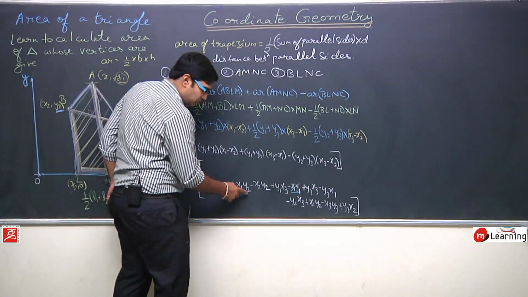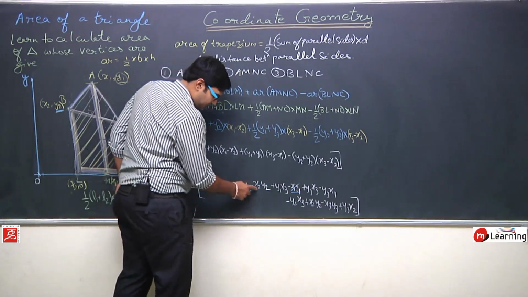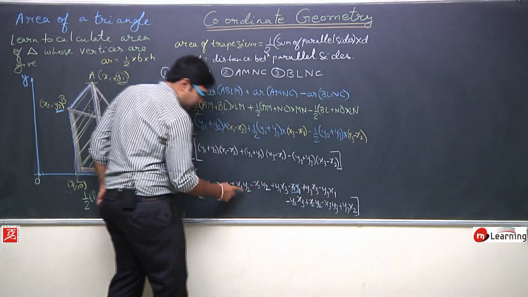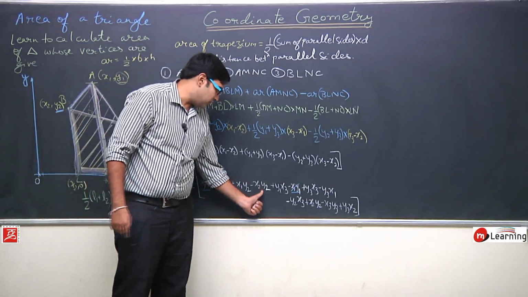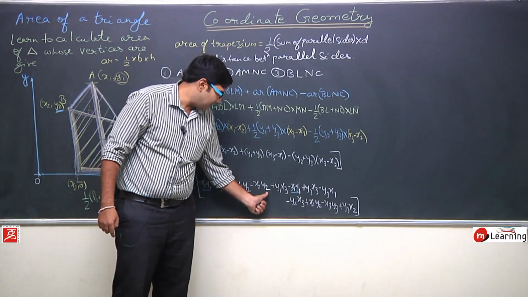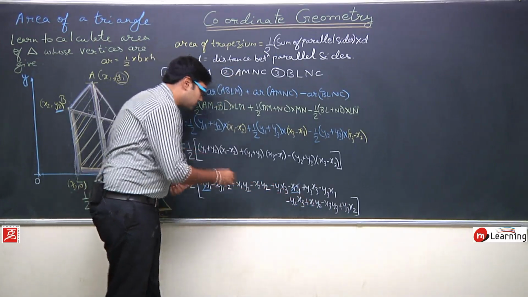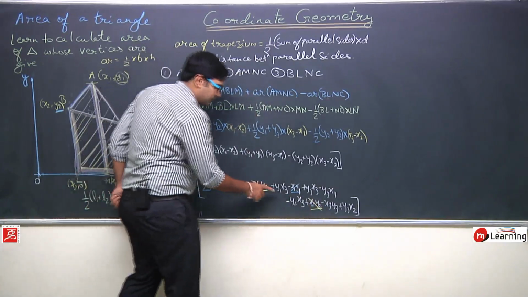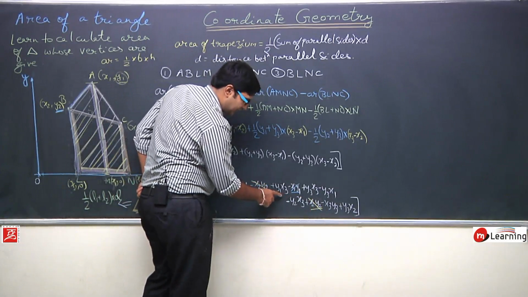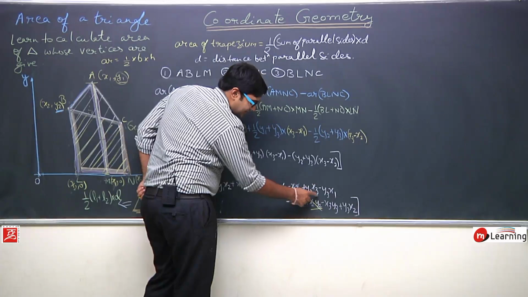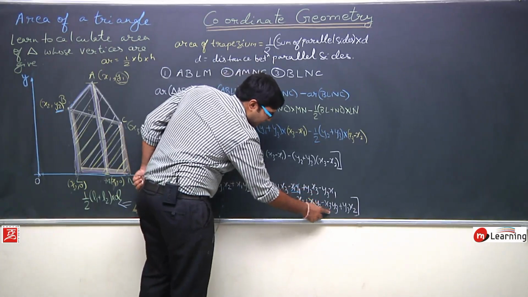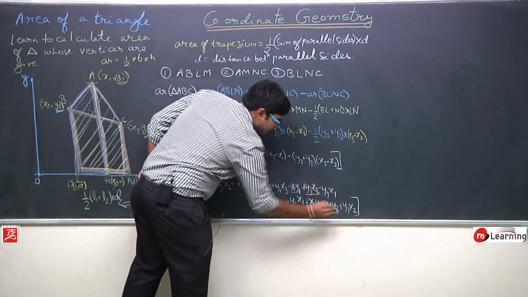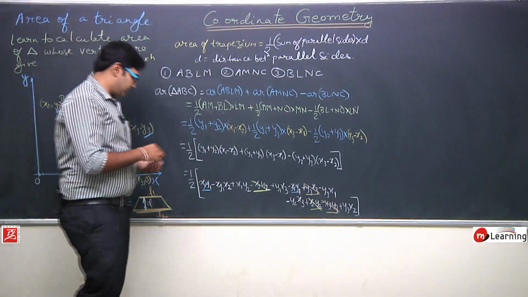Then x1 y2, do we have a negative x1 y2? This is not, this is not, then this one is x1 y2, no, we don't have any further x1 y2. Then x2 y2, so minus x2 y2 and we have plus x2 y2, so these two terms will get cancelled out. Then y1 x3, do we have y1 x3 negative? No, we don't. Now this is y3 x3 and this is y3 x3, so these two terms will get cancelled out and you will be left with half of,